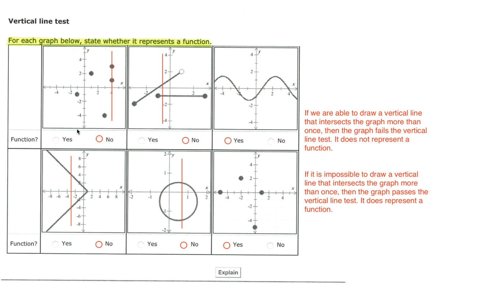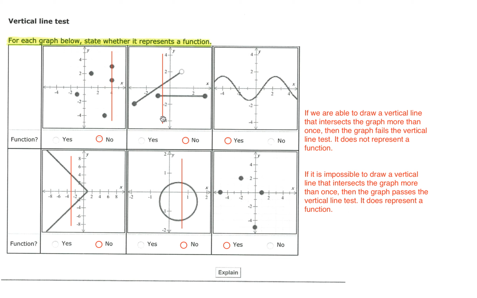So when we take a look at the first graph, if we have a vertical line here, we're only touching this point. If we were to have a vertical line here, we are only touching one point. If we had a vertical line here, we'd only be touching one point. But when we get to this point, we have a vertical line touching 2 points, therefore this is not a